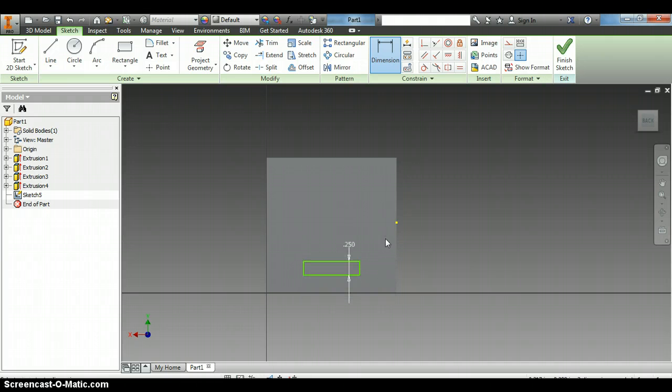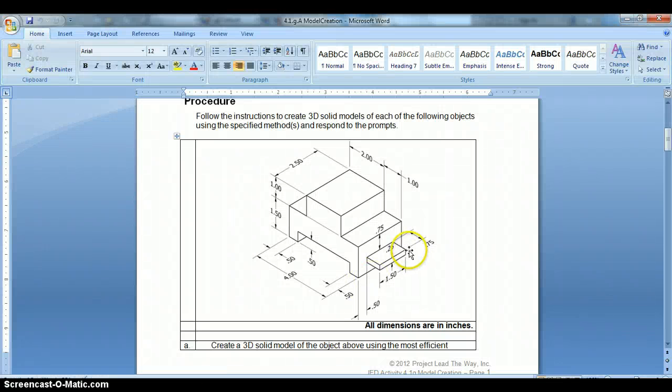Press Enter, and then from here to here was 1.5 inches, and press Enter. Now we got to get this kind of located where we need it to go. Let's see. Let's go back here. We need to go 3/4 of an inch or 0.75 from this edge down,